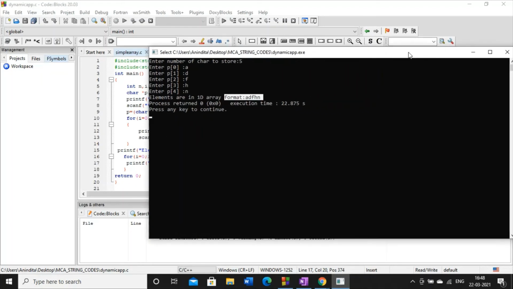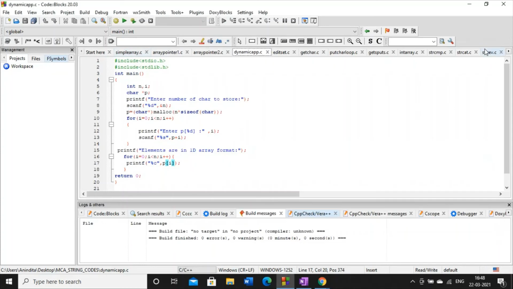But try to understand one point. Here I have written percent s, and here I have written percent c. Percent s is the specifier for string, and percent c is the specifier for character. Fine. But why have I not written percent c here also?